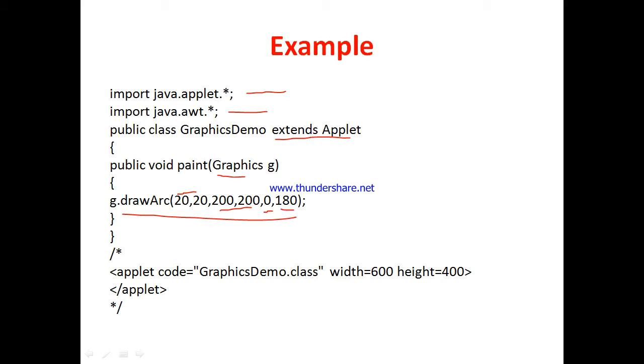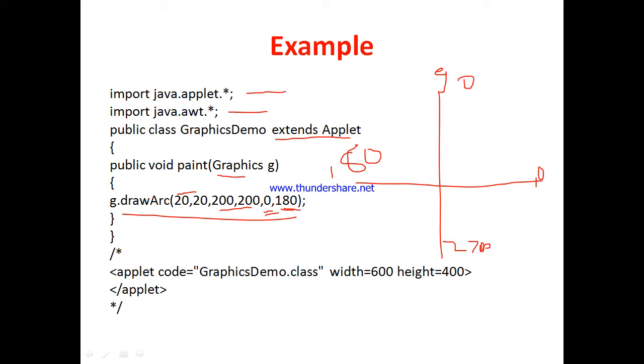For example, this is the x coordinate and this is the y coordinate. Now, this is the 0 degree angle, this is 90 degrees, this is 180 degrees, and this is 270 degrees. Angles increase here by 90 degrees. Now, the starting angle is 0, which means the arc will be drawn from here, and the ending angle is 180. Now, this angle is positive.